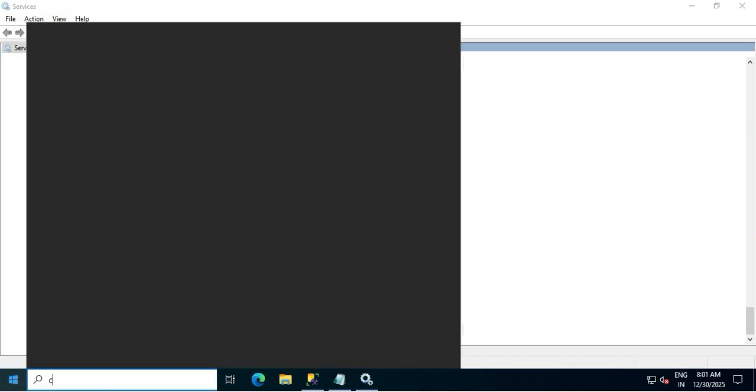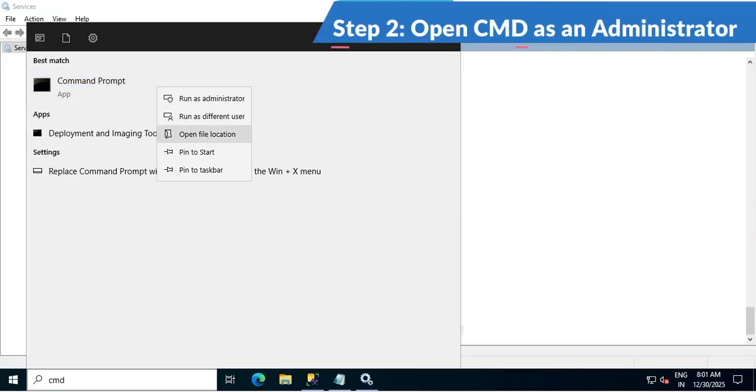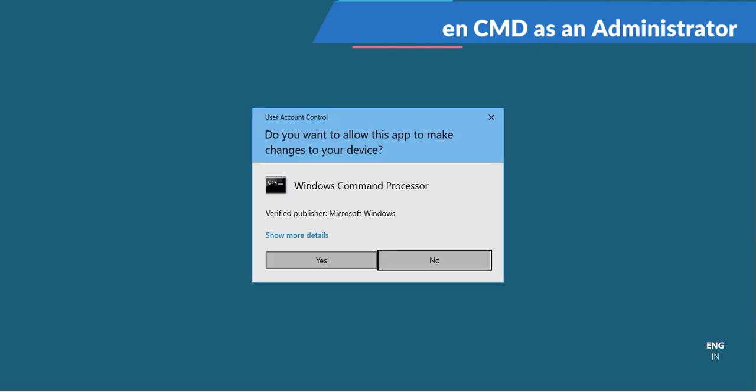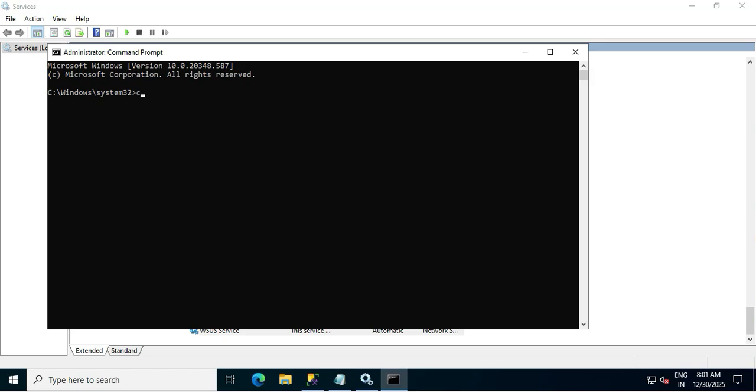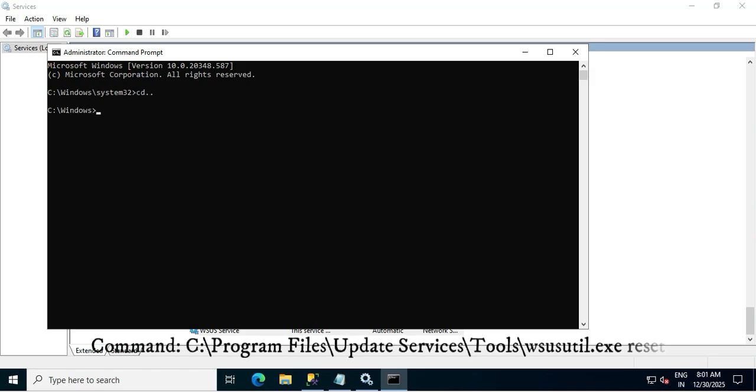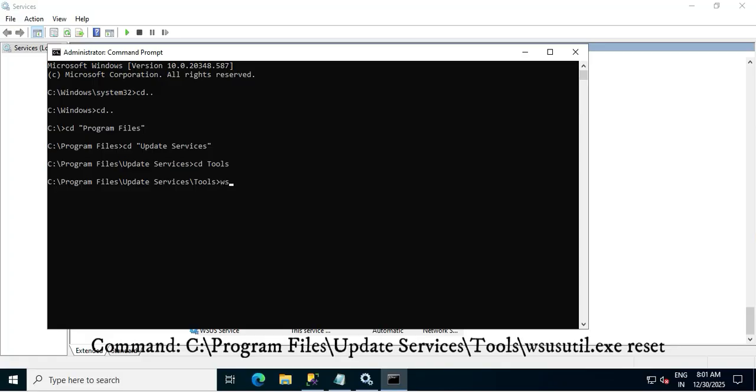Once the service is stopped, we have to open command prompt as an administrator and we need to run the command. First of all, we need to change the directory to Program Files, Update Services, Tools, as coming up below. And let me go to Update Services, Tools, and now this is the exe which we need to reset, which